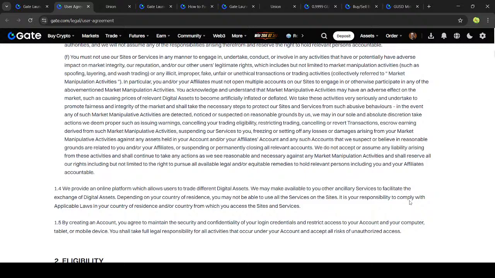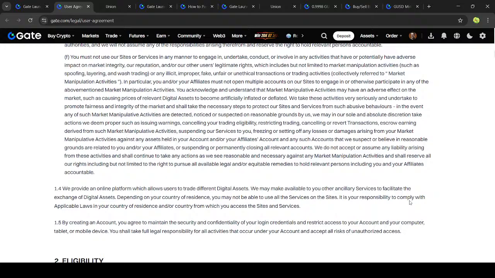We take these activities very seriously and undertake to promote fairness and integrity of the market, and will take the necessary steps to protect our service from any source of abusive behavior. If any such market manipulative activities are detected, noticed or suspected on reasonable grounds by us, we may, at our sole and absolute discretion,